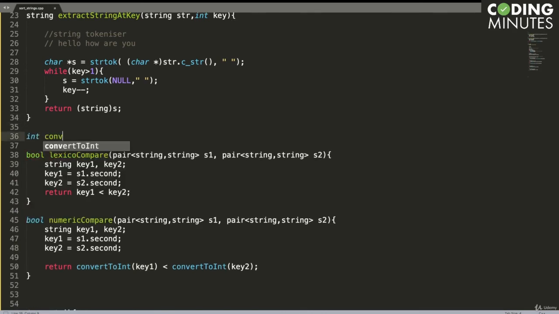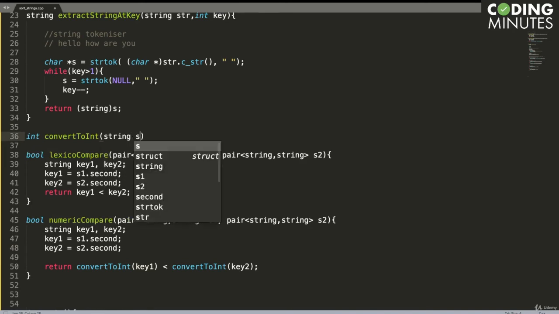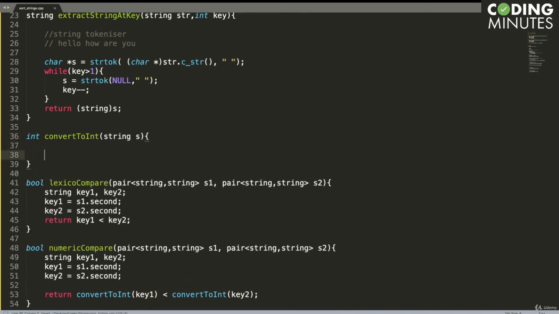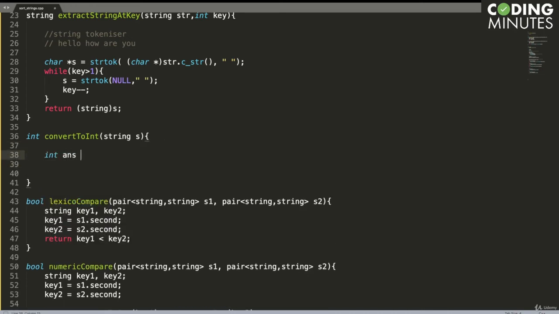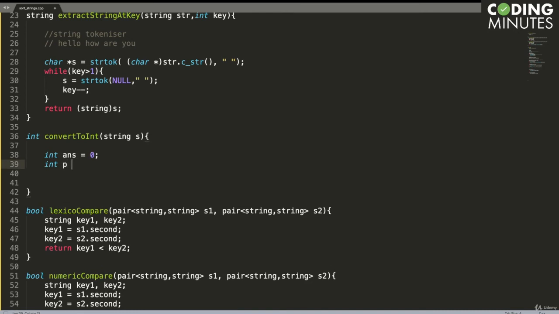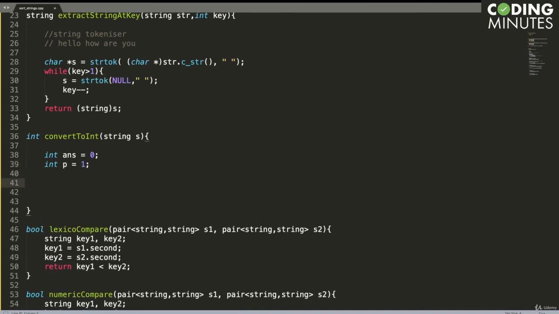So int convert to int, we get a string s, and we have to convert this into an integer. Let us say our integer is initially 0, and our power is 1. Let's say I have 1, 2, 3 as an input. I'm going to start from the last index, take 3, multiply by power and add to the answer.